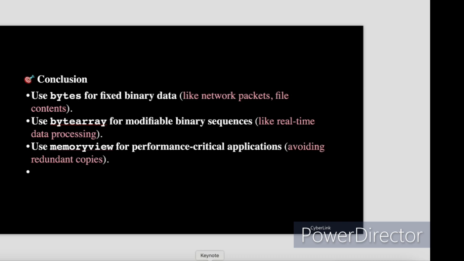Unlike the usually used data types in Python, we can also be aware of these binary data types so that if we need them,